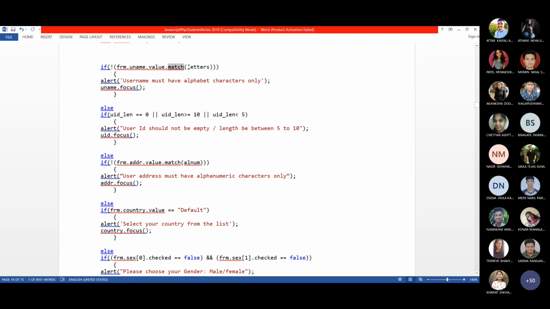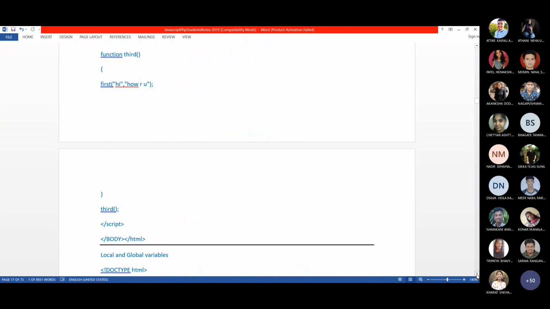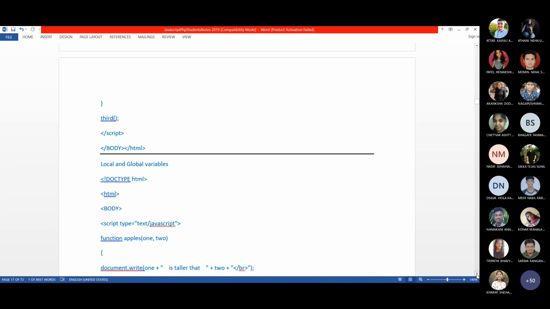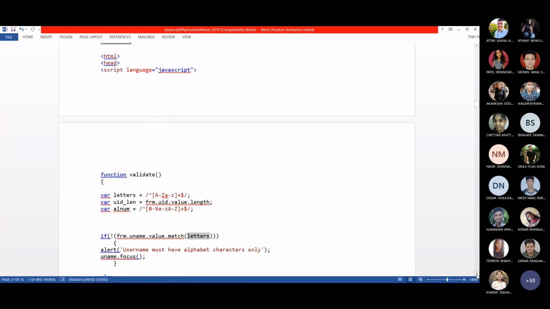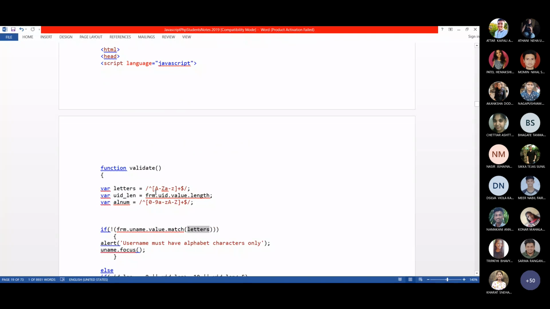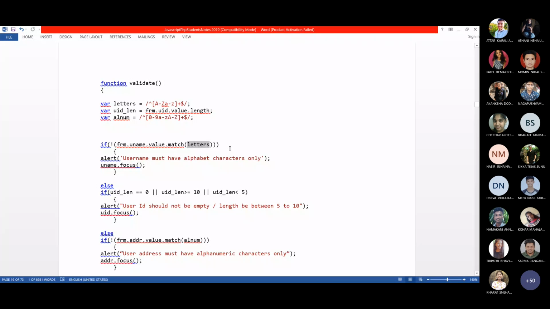Matches of what? Letters. In the letters, I stored the regular expression. You remember? Capital A to Z, small a to z is a value which I stored in the letters variable, with one or more occurrence, plus. So this will retrieve any matches found in the string I entered, which is SIS, with the letters.